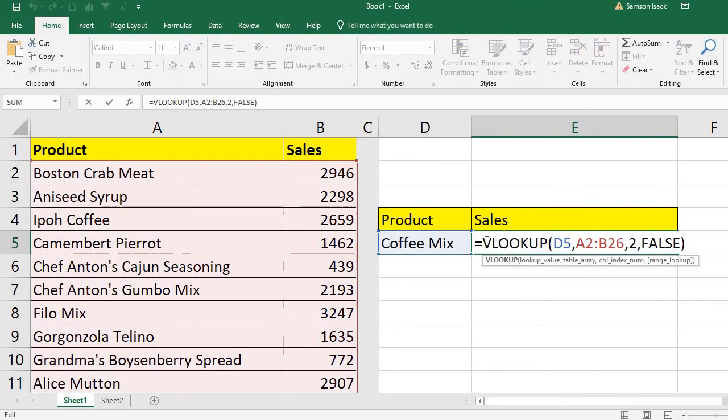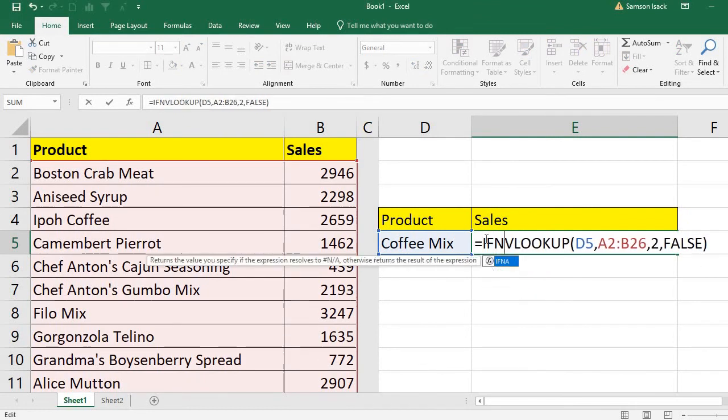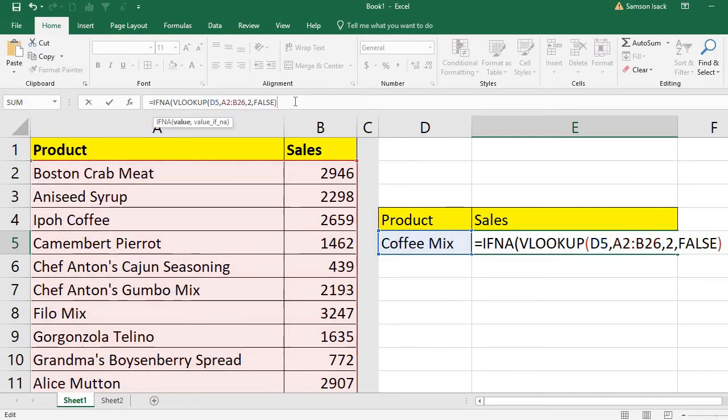Okay, I type in the function IFNA of this whole function. Then I want to give an error message. Okay, this is the error message, the product